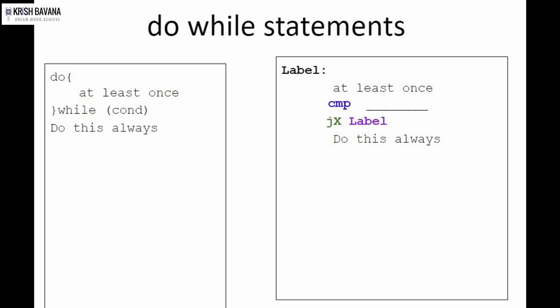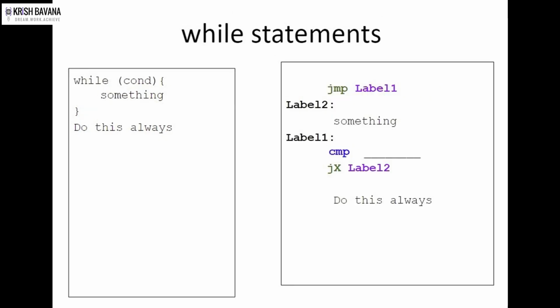So now the next instruction we have is JX label. So the label is nothing but a piece of code in the assembly. So every time it jumps to the label until the condition we have is passing. Once the condition fails, we don't jump back to the label, we just continue doing whatever we want. The same thing, and it is super similar to how it works in a while loop too.